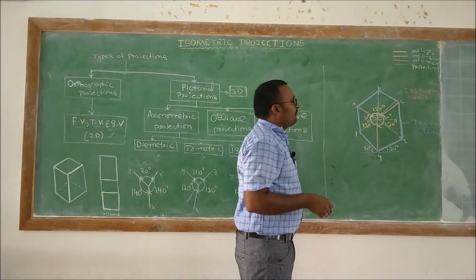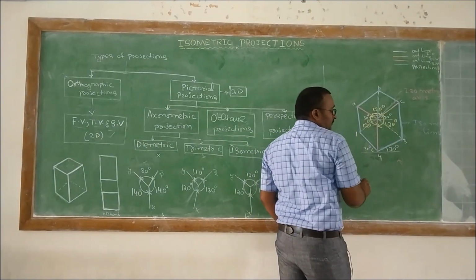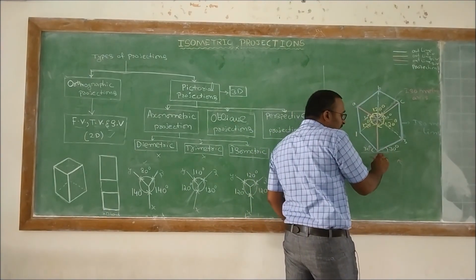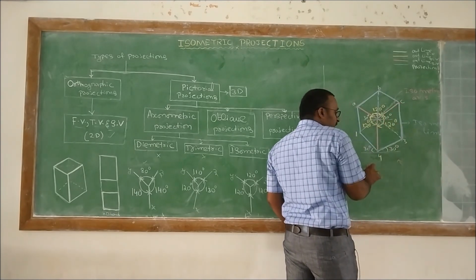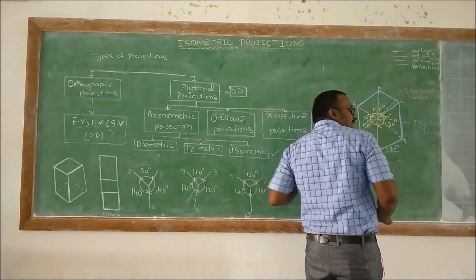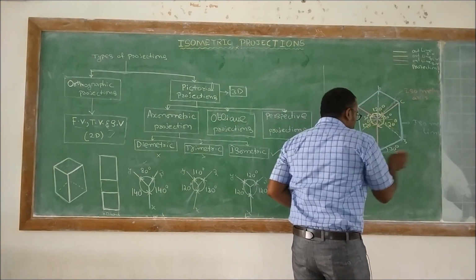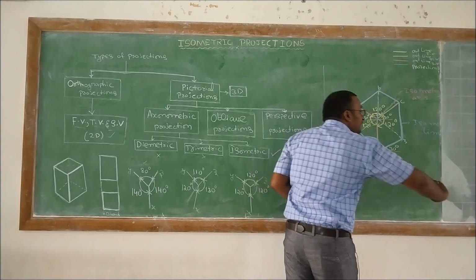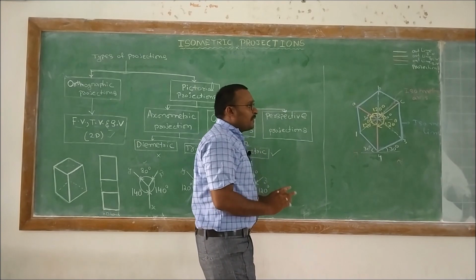So if we are going to see from this side, this could be the front view. So the front view plane should be the 4, 2, C3 plane, and this is the left hand side view. If this one is the front view, then this could be the right hand side view. So in that way, we are going to discuss, right?